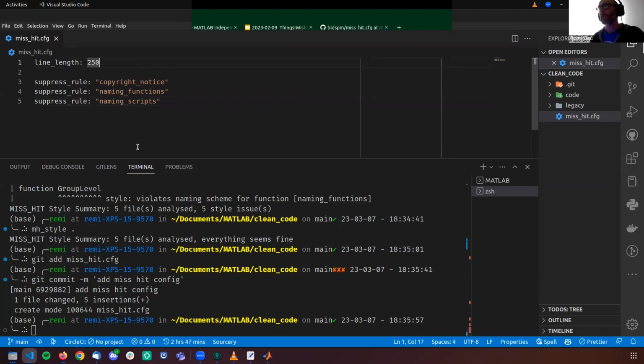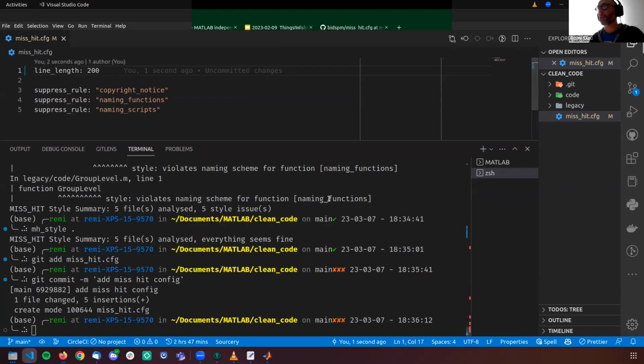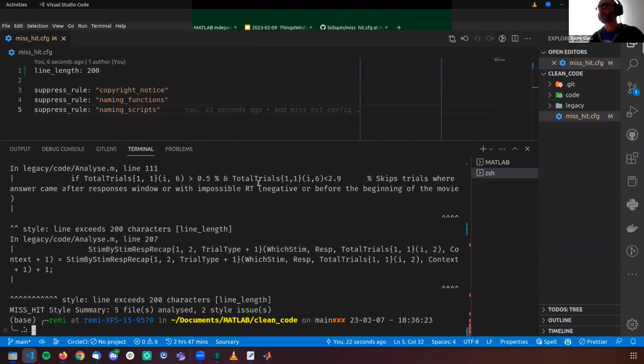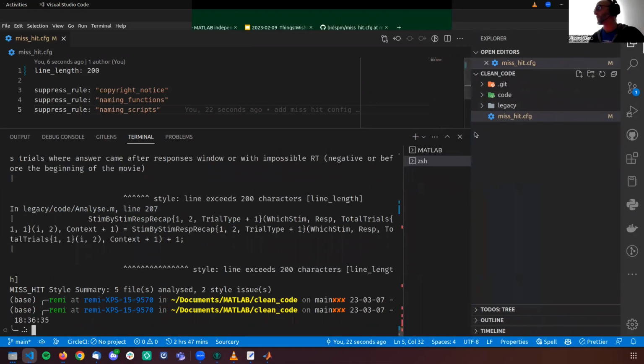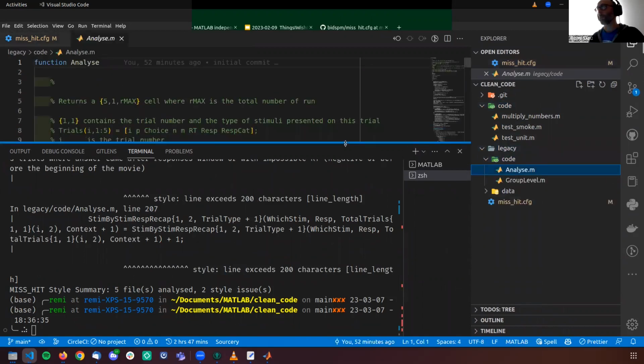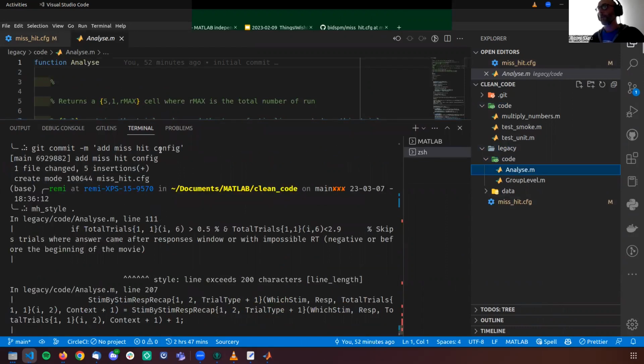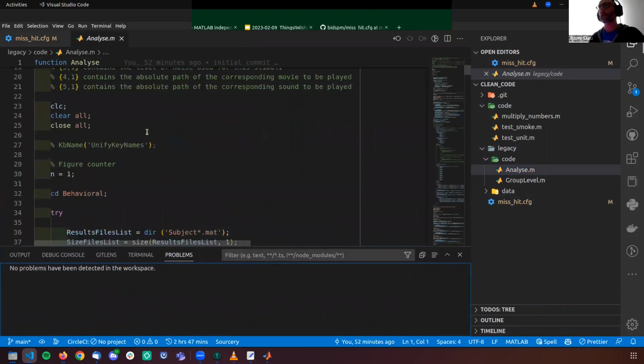And then what I would start doing, for example, is reduce the line length that we allow in our code, and let's see what mishit has to say about this. So you run mishit, and now it tells you that we have two errors. Both in the analyze.m file, so let's go and see in there. And then I would start focusing on those issues and fix those problems first. So we have line 11, sorry.